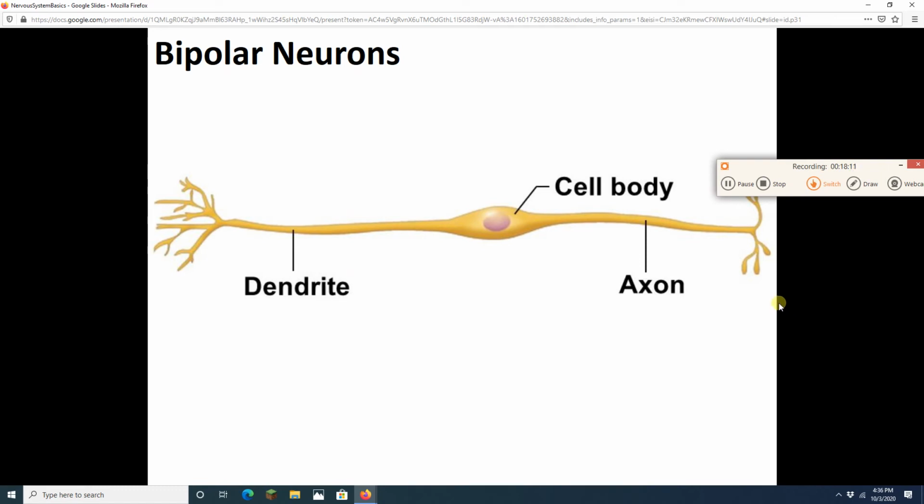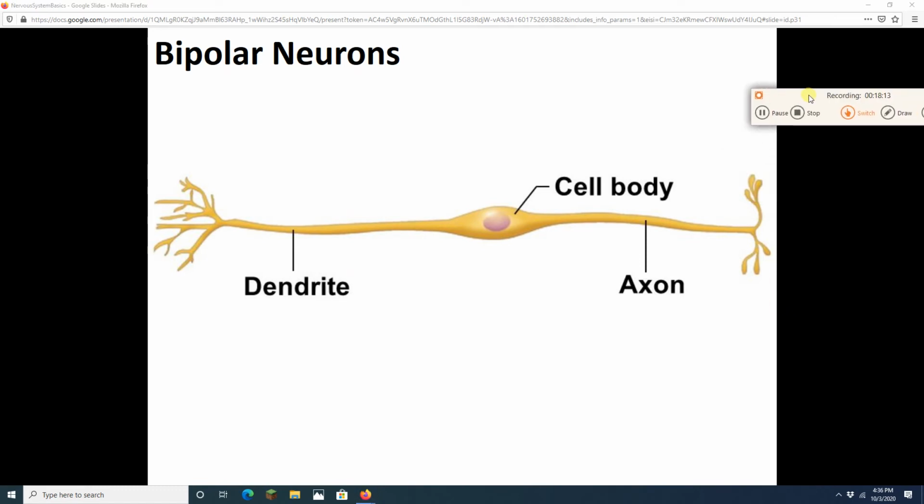Bipolar neurons. Bipolar neurons have a cell body, a soma. Then they have a single dendrite, which itself branches quite a bit, and a single axon, which branches at its end. So the axon's pretty normal. The dendrite is weird because all the branches are going to come together and then come on down to the cell body. We were used to seeing